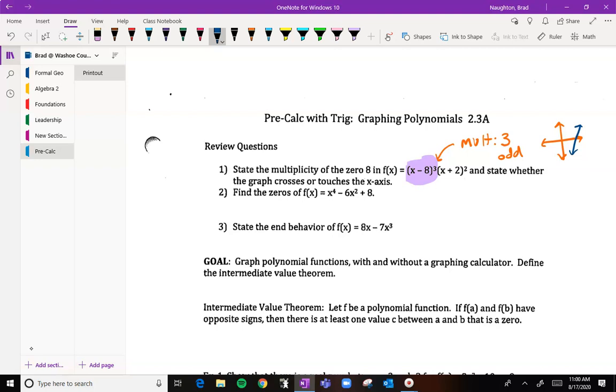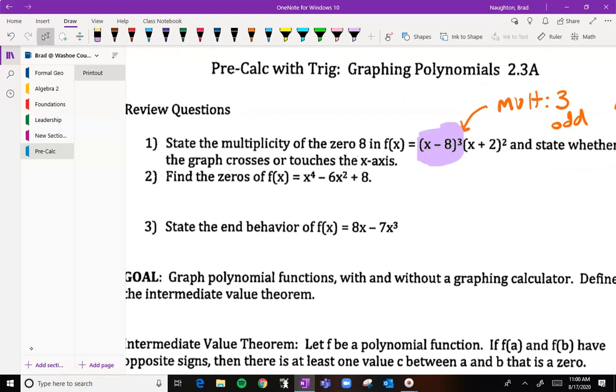Next one says find the zeros. When we're finding the zeros, we're going to go ahead and factor. If you want to refer to a previous video on factoring, feel free to YouTube that. For this one, I'm going to use what's called U substitution because it's an x to the 4th, but it's only a trinomial. So I'm going to say U is equal to x